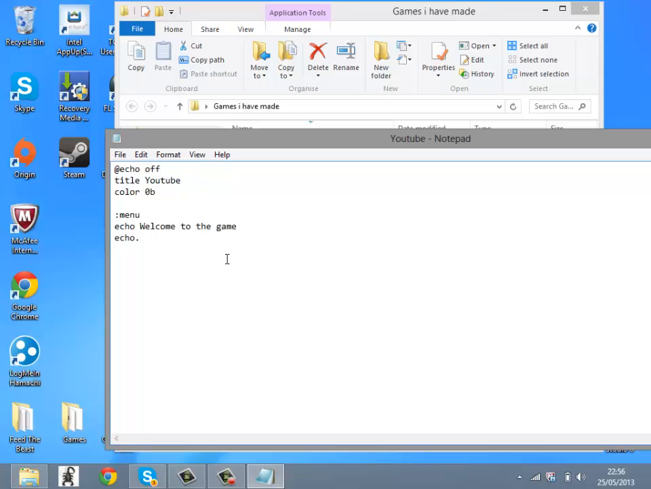Echo dot is pretty much just a line saying this is a blank line. Then you can echo again, and that echo can say, let's say, 1 bracket is start, echo 2 bracket is info, then echo 3 bracket is exit. And then you can do that echo dot again, and then set /p, then menu equals command space, and then